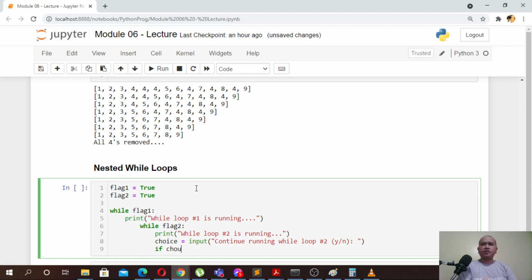If choice dot lower is not equal to y, meaning if the user presses any key other than y, for example n, colon,